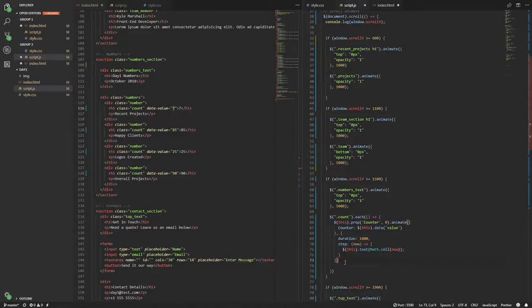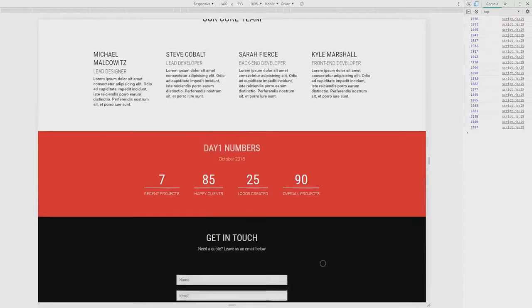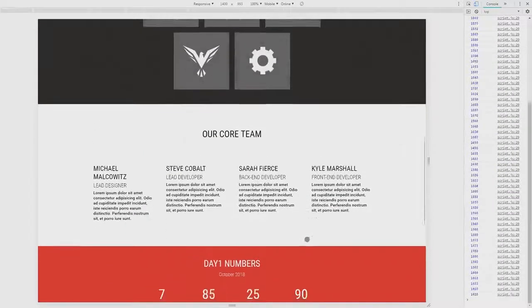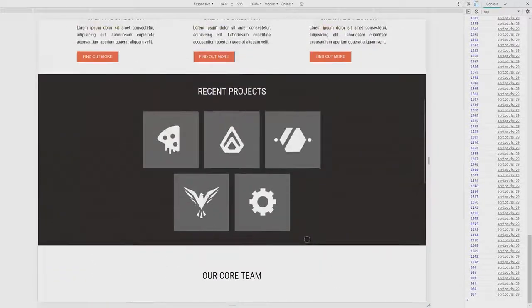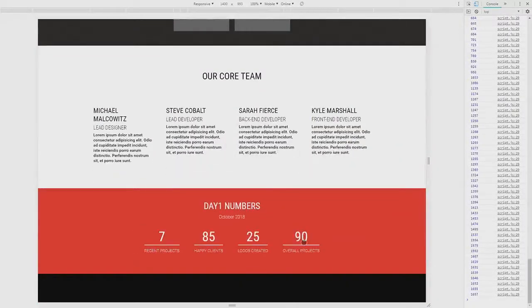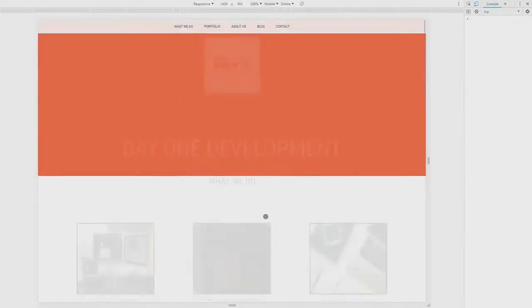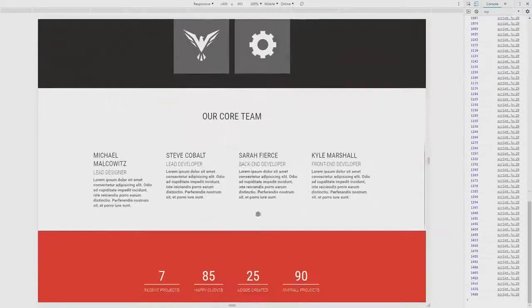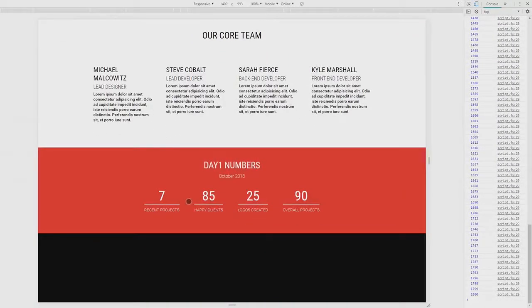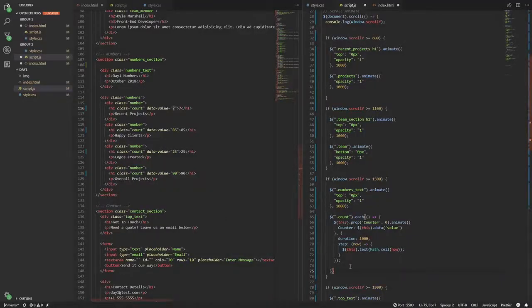But at this point, if I refresh the page, it doesn't work, which is terrific. Let me refresh the page. Let me start up here, refresh the page. Everything fades in, but the numbers don't work. So I'm actually glad, because what did I forget? Let's see. I think what it might be